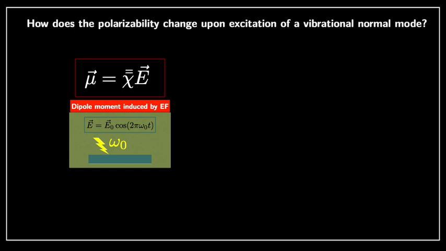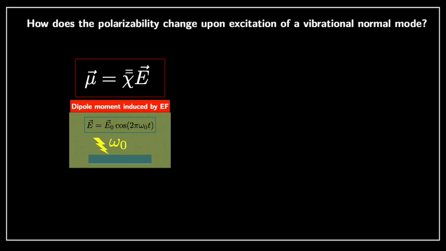In this case, the way I wrote it here, it has a single frequency omega naught. So omega naught is this monochromatic light frequency that I mentioned before. We could use more than one light if we wanted to. We would have a sum, but it would make things a little bit more complicated. So here we suppose that we have light at frequency omega naught impinging on the material shown